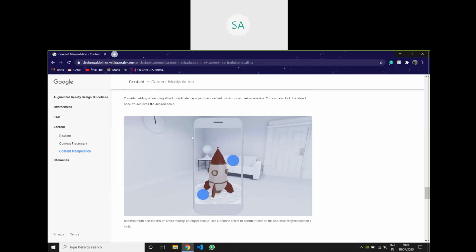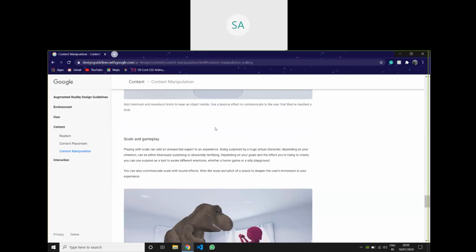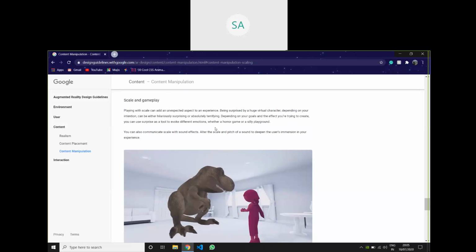So we need to give him some exact maximum and minimum sizes so that he can't scale it up more than what we are giving him.